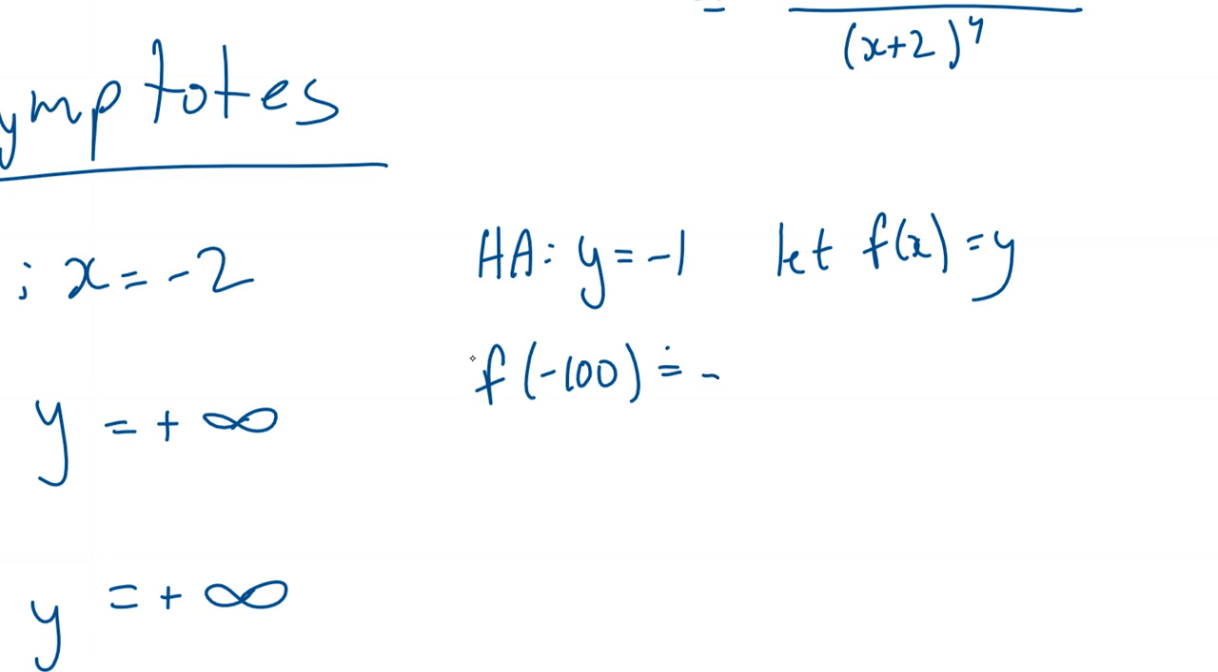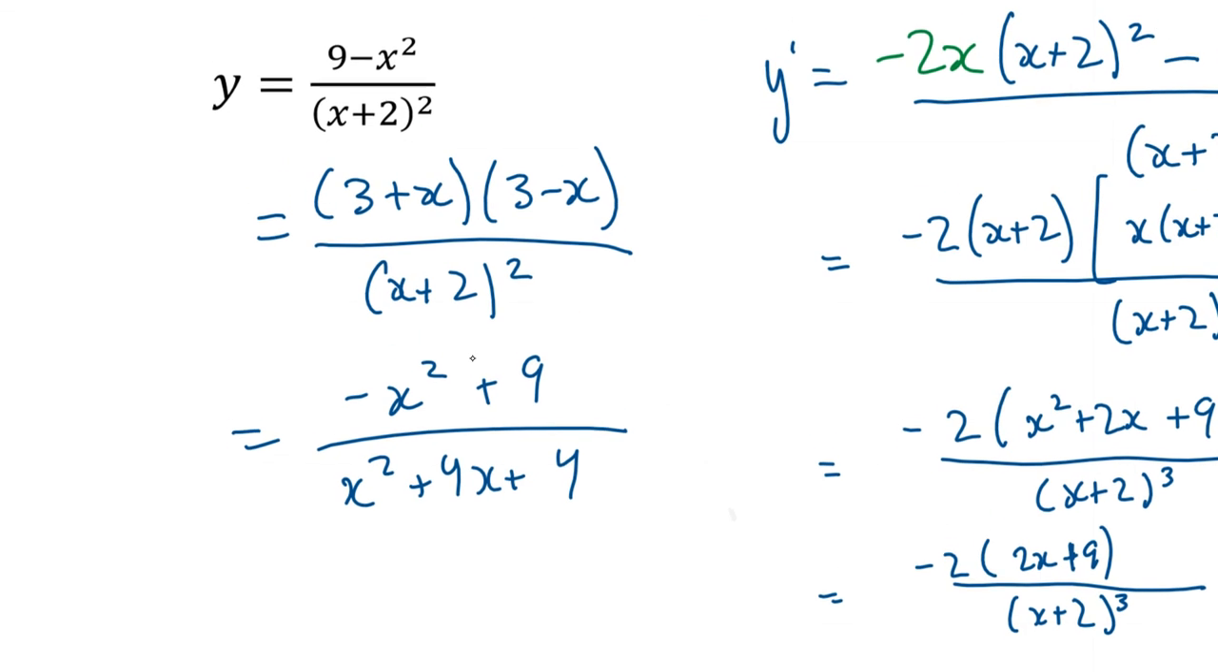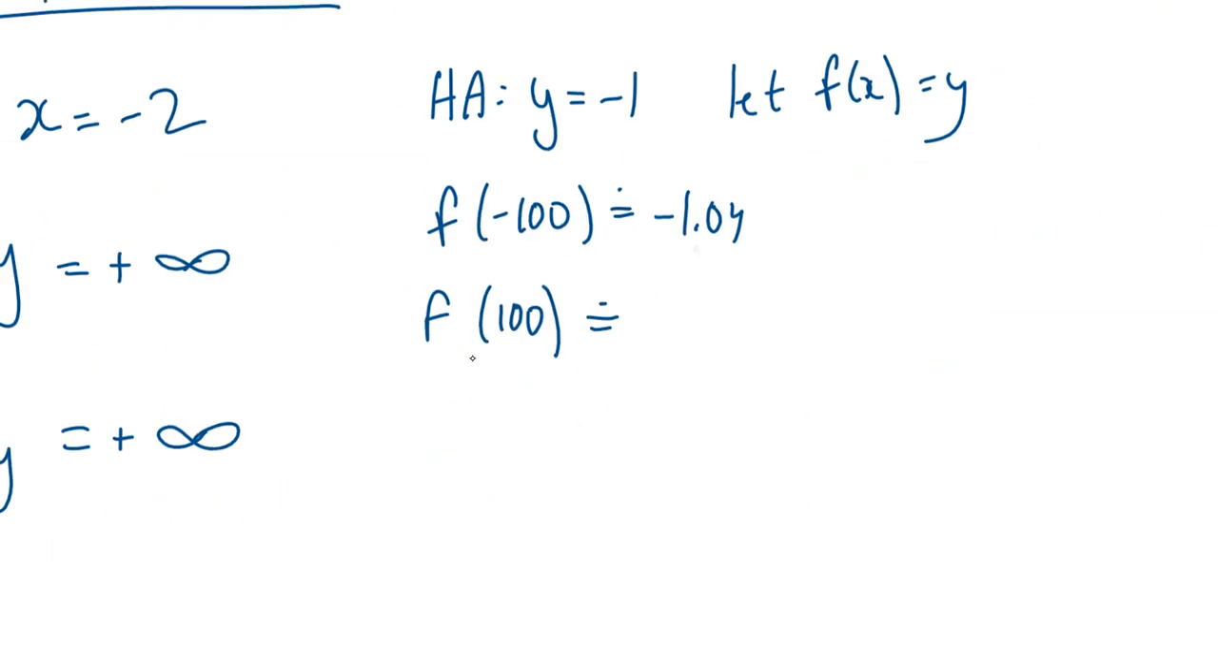And I get negative, so I'm punching this into my calculator, right? Again, coming back up here and deciding which one is easiest to plug into. For horizontal asymptote, you need the value. We're not doing it by inspection. So this one was -1.04. This one's -0.96, I believe. So this one's below,